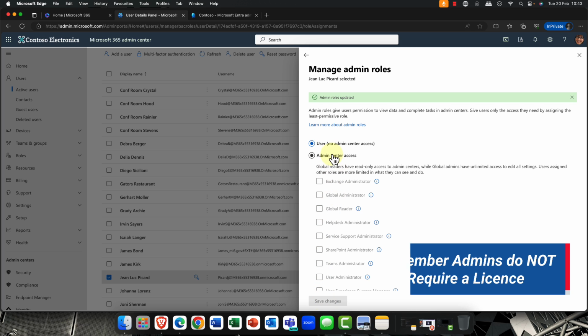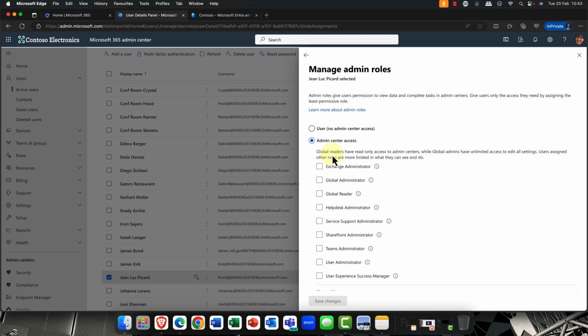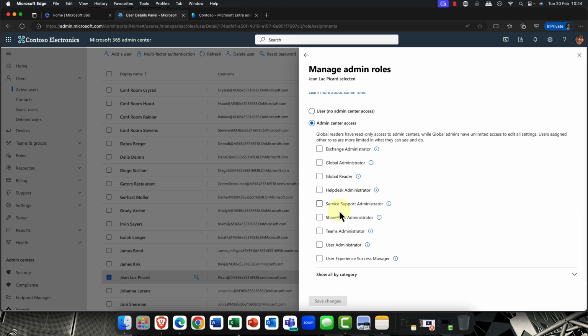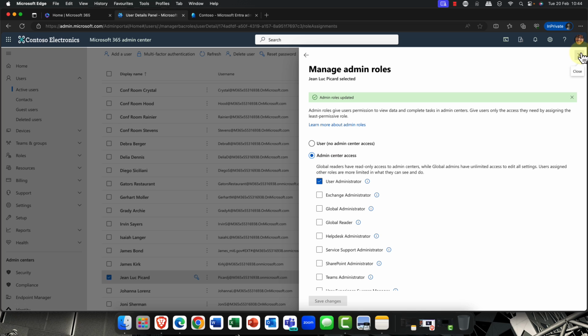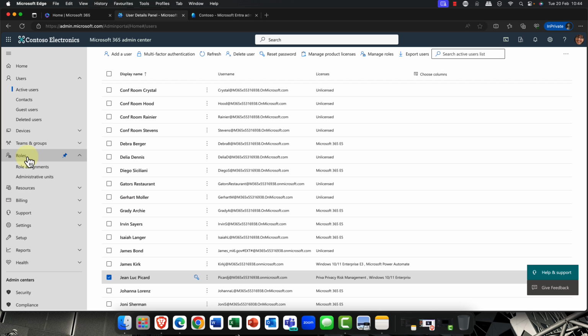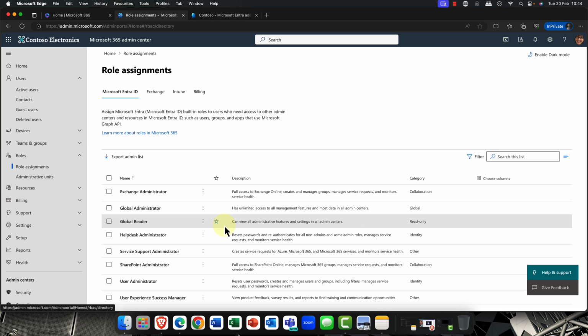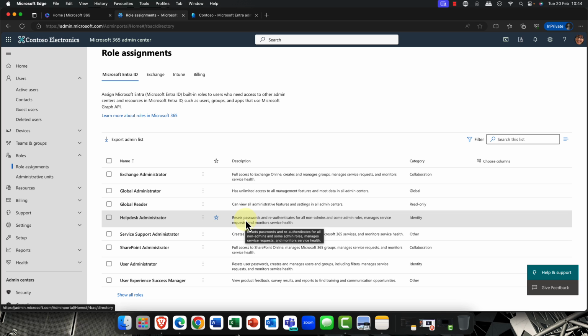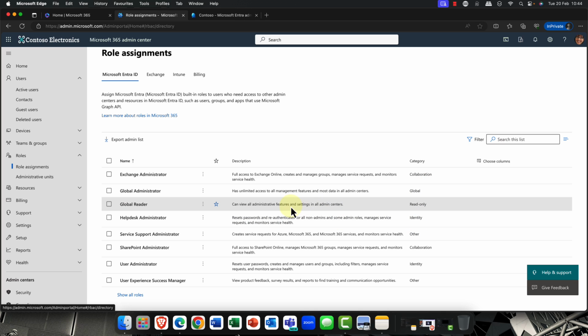They don't. Now, if you do want to grant the user admin access, rather than being a global admin, let's say, for example, you wanted Jean-Luc to manage user accounts or groups and things like that, that's absolutely fine. Then in that case, you can take advantage of RBAC roles, and you can assign those roles here in the user properties. So if I go in and choose this, or alternatively, if you'd like to know more, then simply come down into the roles section, and you can see that this provides you with details of all the various roles and specifically the category that they're included in.